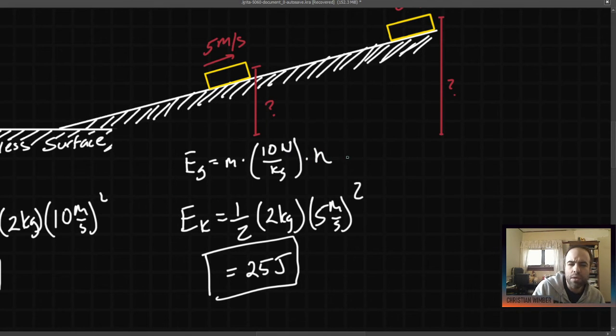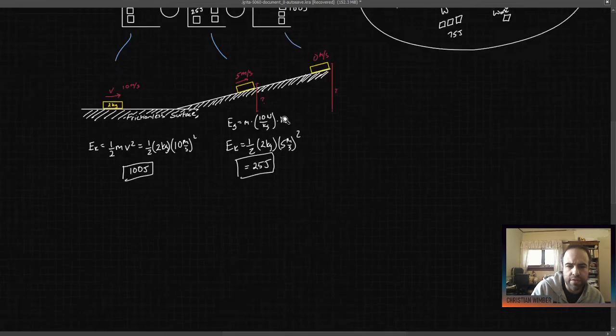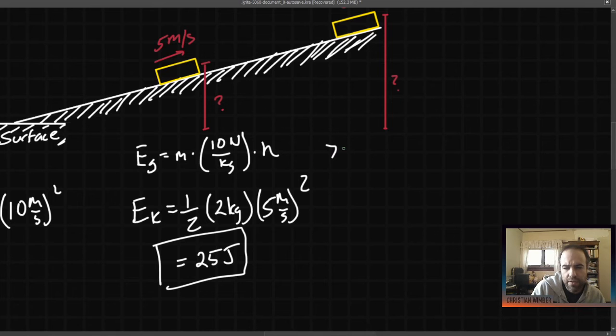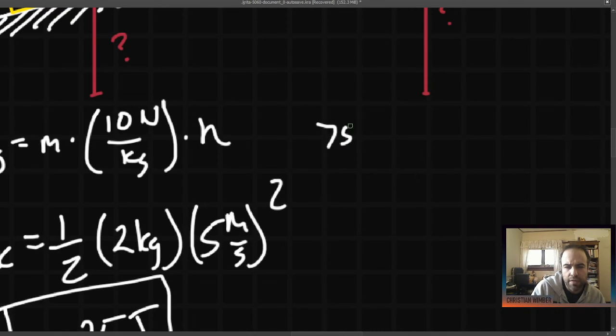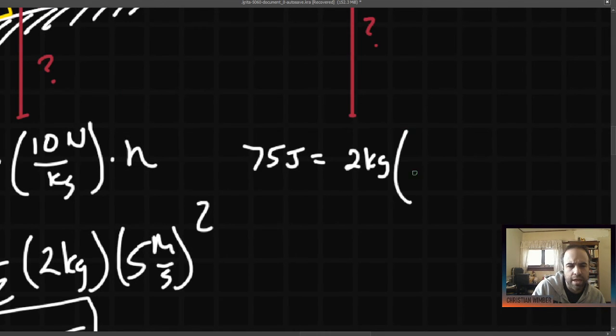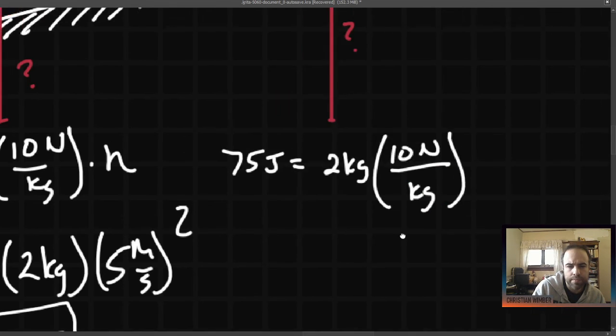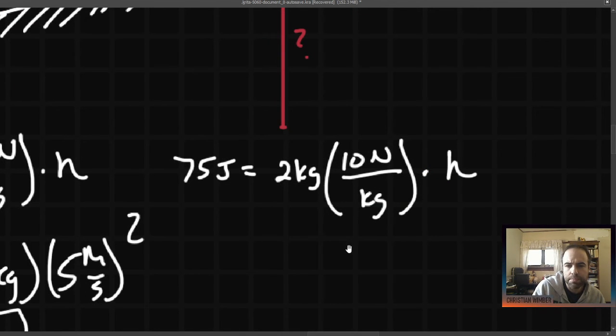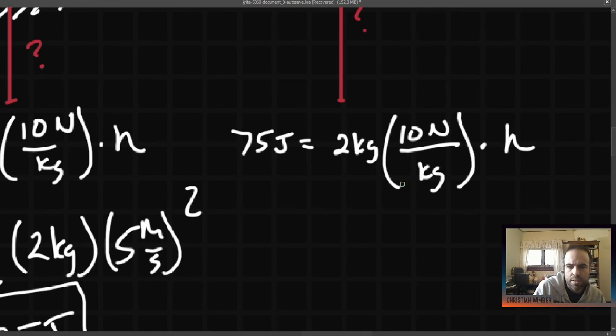So if we know we have 75 joules here, 75 joules will be equal to the mass of the object times our gravitational field strength times the height we lift it, which means that the height we end up lifting it will be equal to,